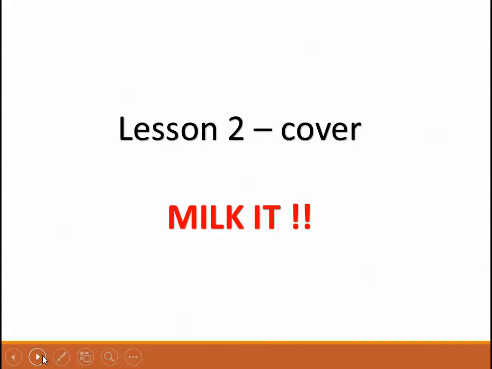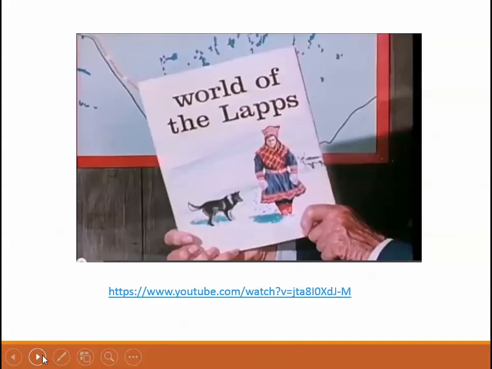So have a look, some things I suggested. So first of all, you give them a concept of a cover of a book, right? So what do we need? So what does the book have and so on. Now, notice I have chosen the Lapps, which is the people of the north in Norway, and they go to Siberia all the way. Point is, choose your resources as we spoke about it in an inclusive way. It's not always about little white children.